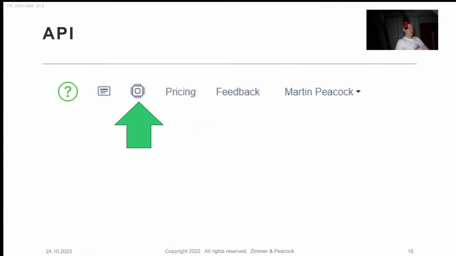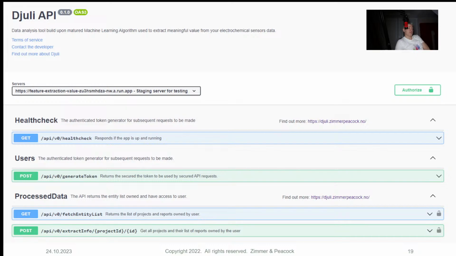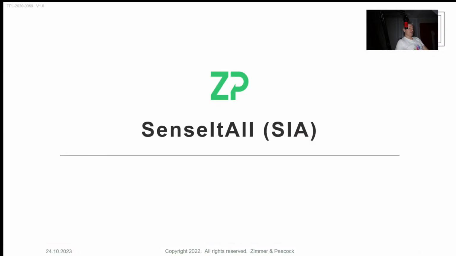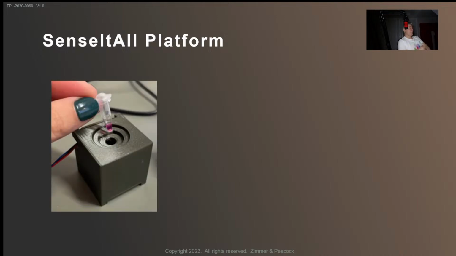We do have something called an API, an application program interface. This allows us to plug in and work with third parties so they can make API calls upon us. And so we do have a whole bunch of APIs available. And we also have something called the Sense It All platform. Sense It All platform originally just had an electrochemical module to it, but now it has a spectrochemical module to it. So what this means is that at ZP,